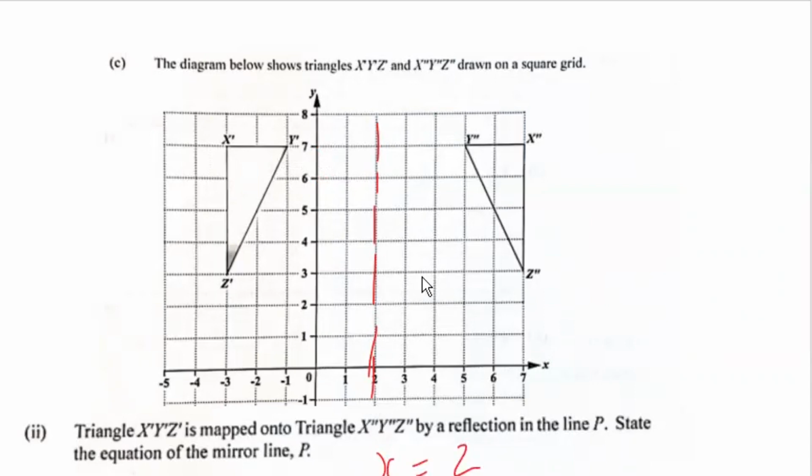If you're comparing the z prime, it would be 1, 2, 3, 4, 5, 6, 7, 8, 9, 10. 10 units away. So it would be in the center, which would be 1, 2, 3, 4, 5. Same, x equal 2. So any one of the letters on your triangle that you choose to use to calculate where exactly the mirror line is, your answer would still come back to be the same, where x is equal to 2. And that is the equation of the mirror line